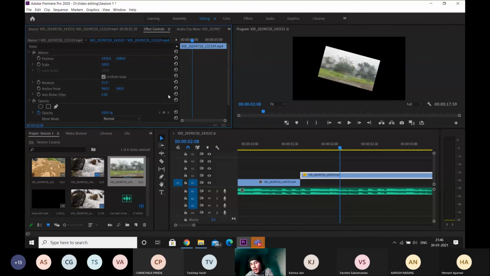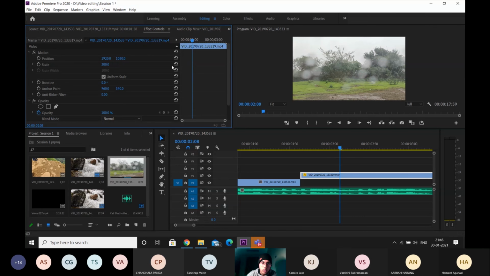You can use this, let's say you recorded a video but by mistake it's shot at some angle, let's say 1 or 2 degrees. It is a bit tilted. You can correct it by using the rotation tool over here. I'll click on it once, press 0 and press enter. So now it's at 0 degrees. I'll click on the scale once, press 200, press enter.